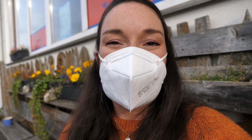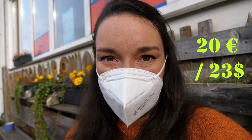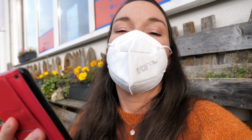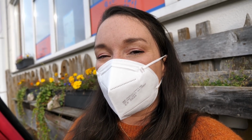So I'm going to do a witchy thrift haul today, and I've set myself a budget of €20. What do you want to find? Let me see. Obviously I'm a kitchen witch, so I really want to have an antique scale because first of all, aesthetics, and then also I want something that I can measure my herbs with and it just feels a